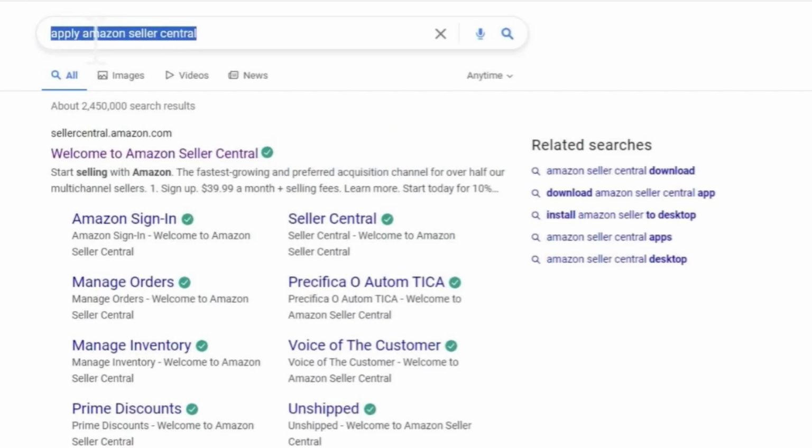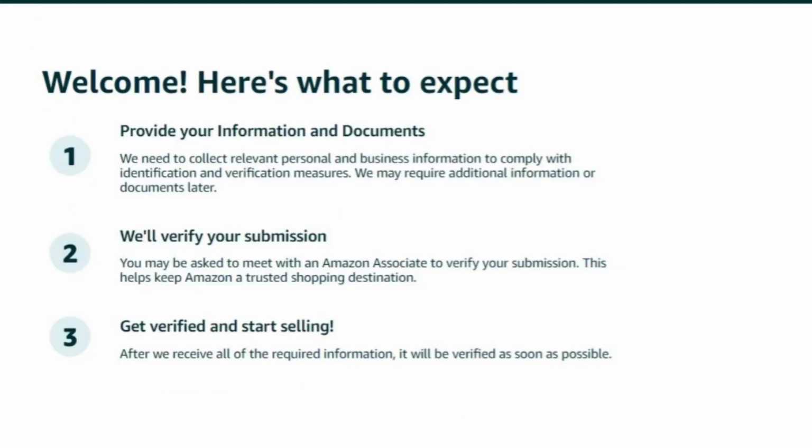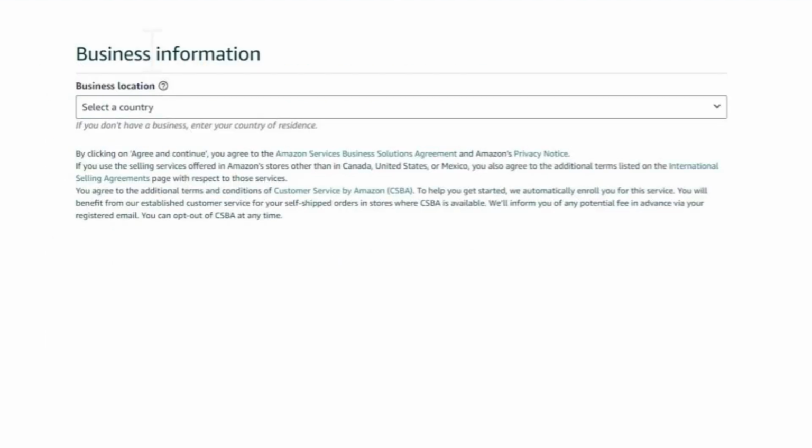The first thing you will have to do is go to the browser and search for apply Amazon Seller Central and click on the first link. Now in here just register for this account, and now you will be on this page, and now click on begin at the bottom, and now in here just enter your business location and the business type, and now click